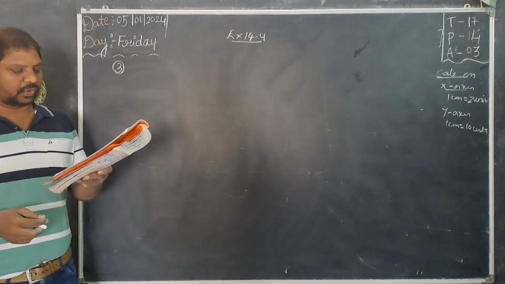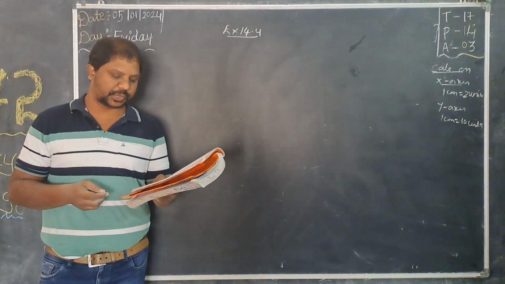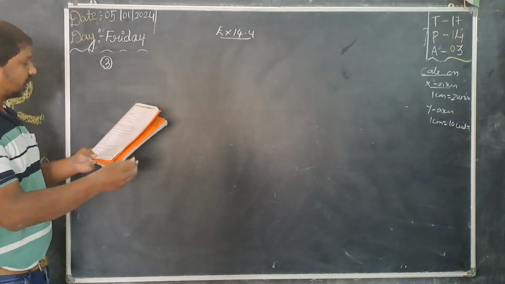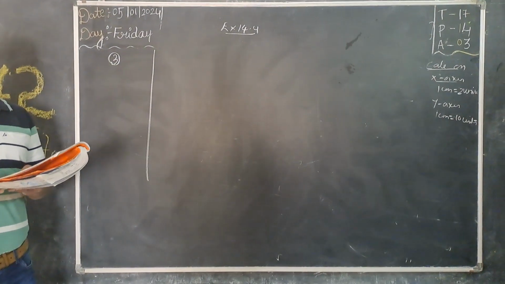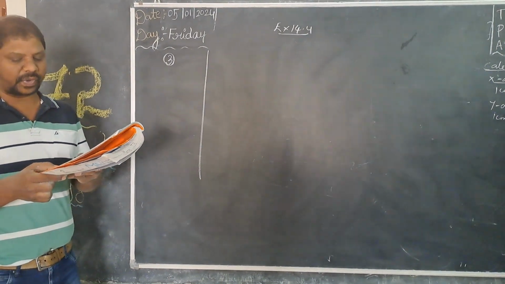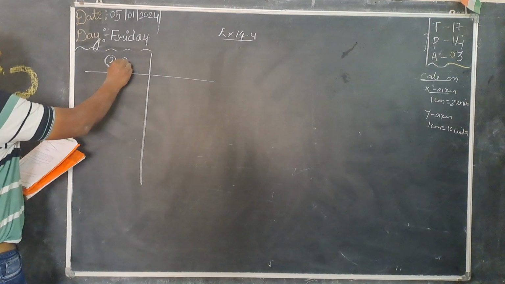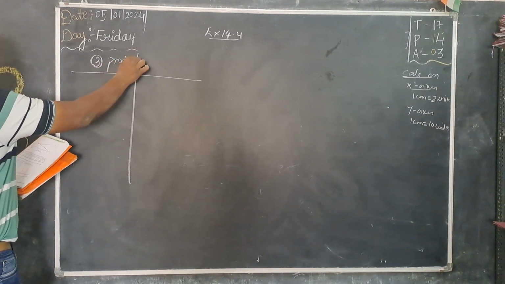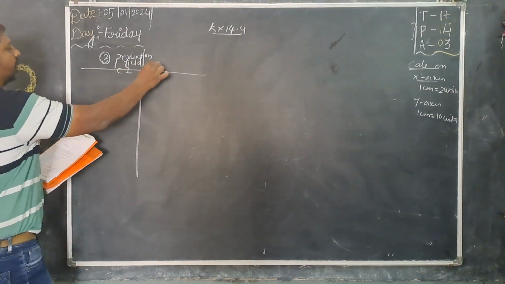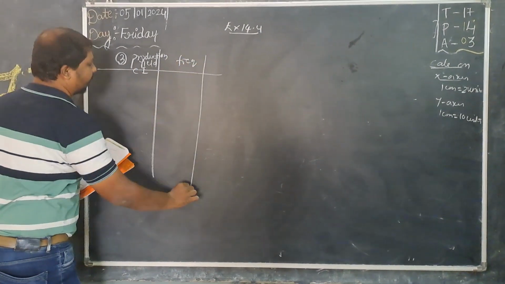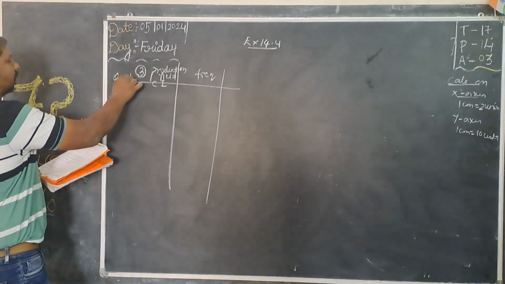This is to draw a more than type ogive when the distribution is given and the table is given like this. The question follows. The following table gives production yield per hectare of wheat of 100 pounds of a village. That is, production yield has to be taken as class interval and frequency they have given. Per hectare or per quintal it is